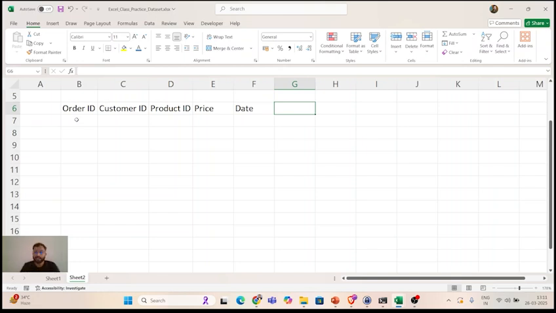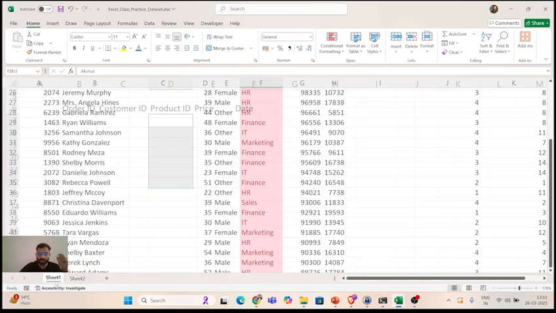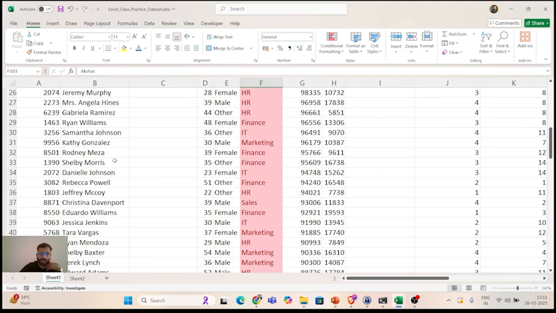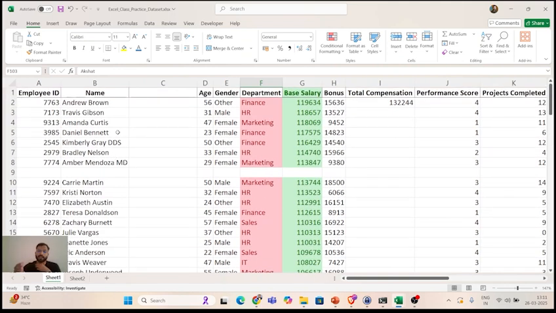According to your domain understanding, tell me one thing: can order ID be duplicated? Or can customer ID have duplicate values? Can product ID have duplicate values? Why am I asking this? Why am I doing this brain exercise? Because if we have a data set, there are lots of columns in which duplicate values are allowed, but there are lots of other columns in which duplicate values are not allowed. Example, department column: multiple people can be in the same department. So according to my domain understanding, duplicates are allowed. But do you think employee ID allows duplicates? No. No two employees can have the same employee ID.